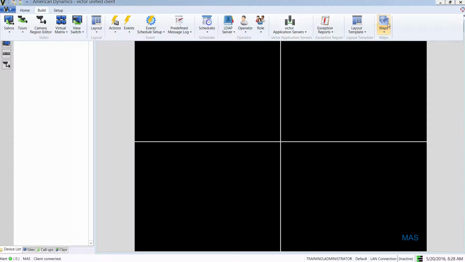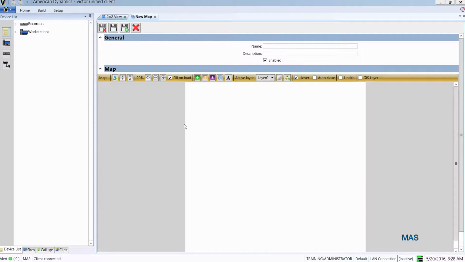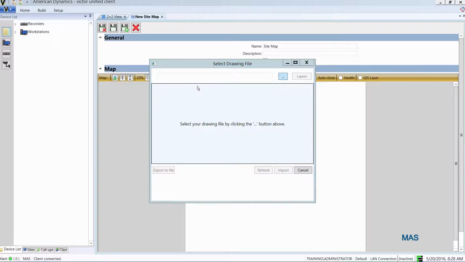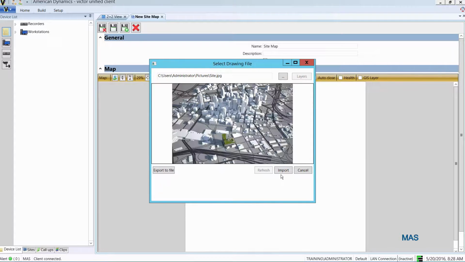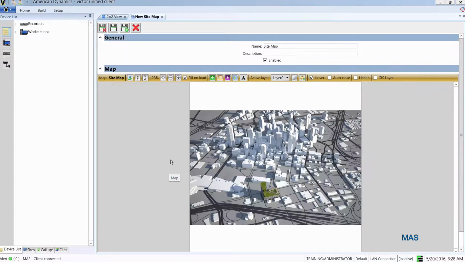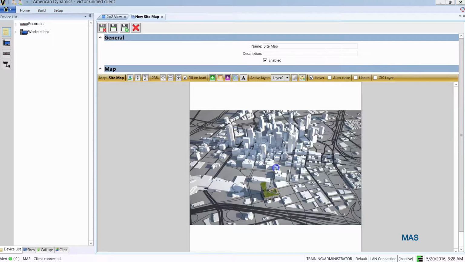and I'm going to choose Maps and New, and we're going to create another map on the MAS, and this is going to be a map of the entire site, and we're going to use that for monitoring our system on the MAS. So again, I'm going to import a background image, and I'm going to choose Import there, and then what I'm going to do is I'm going to choose this green plus icon, and I'm going to add that first map to this second map,